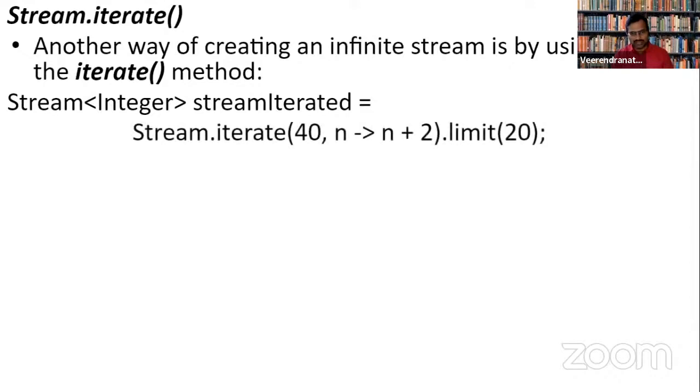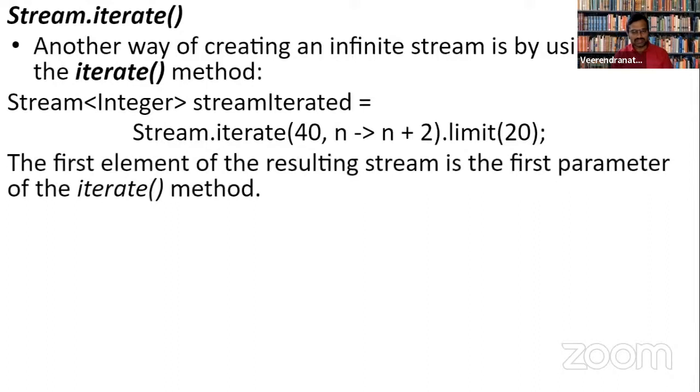Here, what exactly are we going to do? Iterate 40. My 40 value is going to be the n value and the start value. And what exactly happens in the collection here? Every value from 40 is increased by 2, and it has to take a limit of 20 values. Meaning the first value being 40, the second value being 42, the third value being 44.